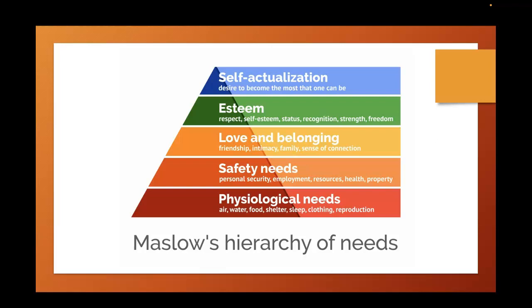But to start, we start with physiological needs, right? This is the basics: air, water, food, shelter, sleep, clothing, the ability to reproduce. These are the needs that really just achieve the goal of homeostasis, meaning that the human body can function in a place where it is physically stable. In each stage, each stage of need has to be met for an extended period of time until the person is able to step into that next stage.